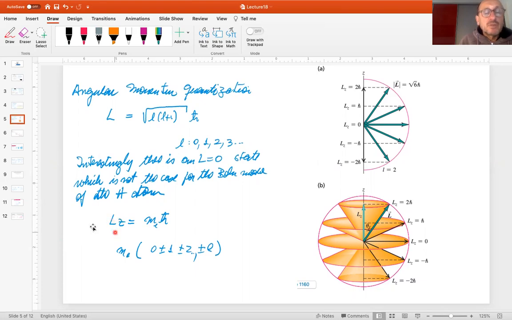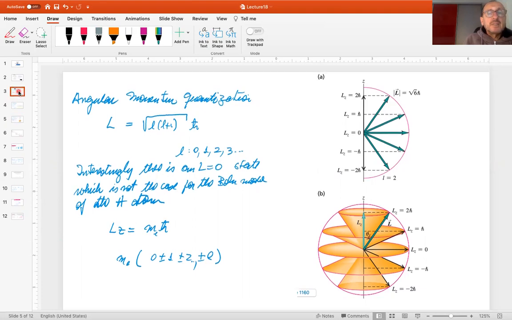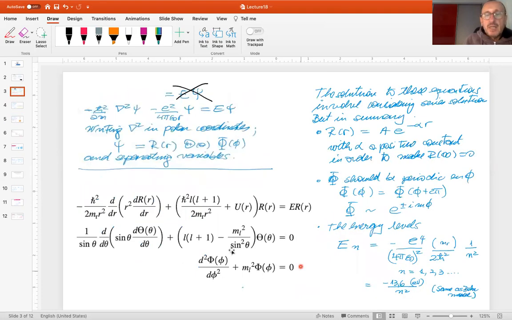With respect to theta. Okay, so actually I can write this equation here as a function of... as an eigenvalue problem for Lz. In the same way that I wrote this equation here, I can write this equation here as an eigenvalue problem for L squared. I can write this equation here as an eigenvalue problem for Lz. Okay, and as you may imagine, Lz has something to do with the